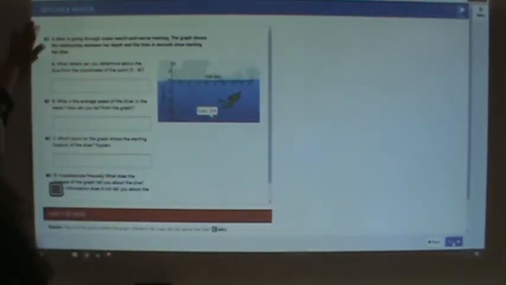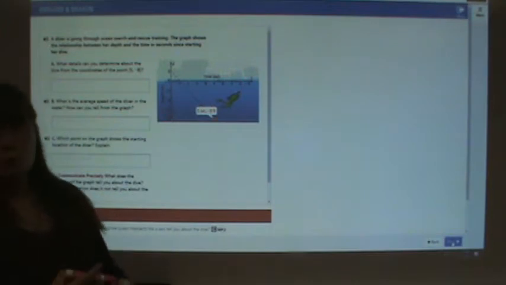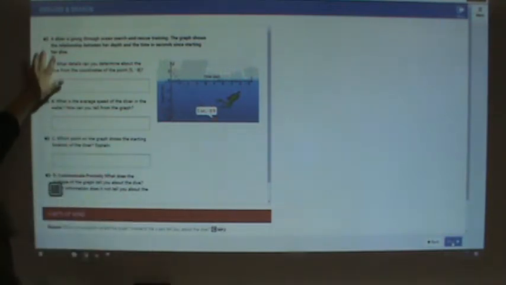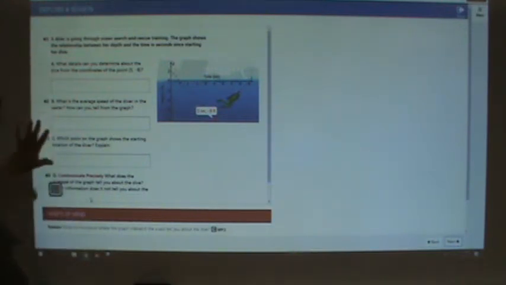All right, the very first part of this Explore and Reason is just a little thing to get you started, warmed up. What I would like you to do is see if you can go through and figure this out. This isn't the important one, but I do want you to try to work it out and see if you can get the answer. Next,